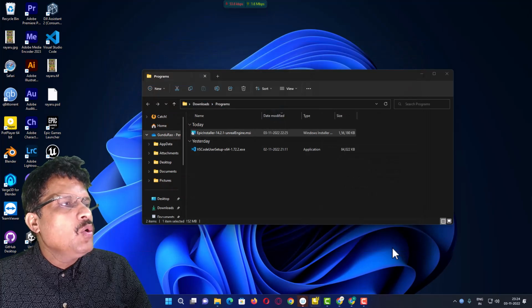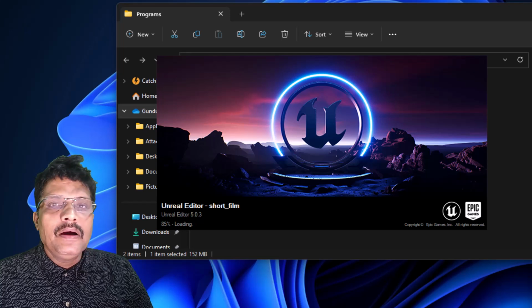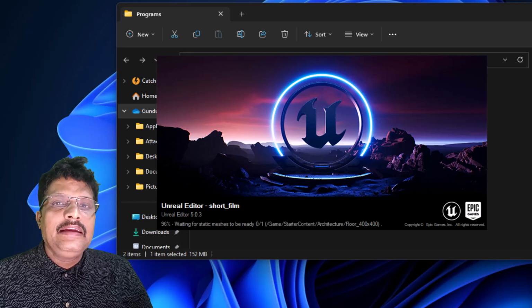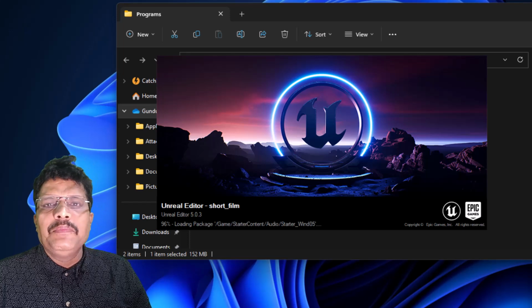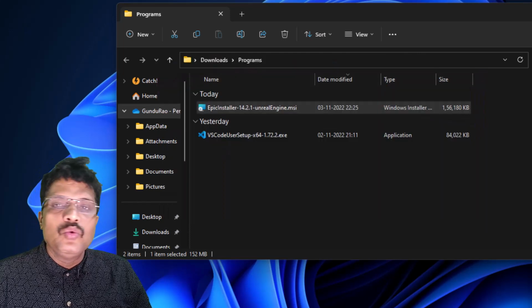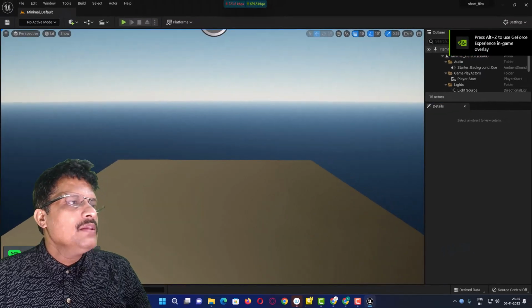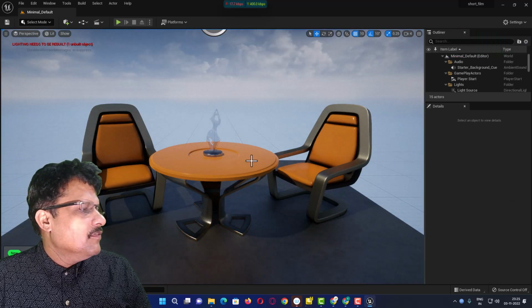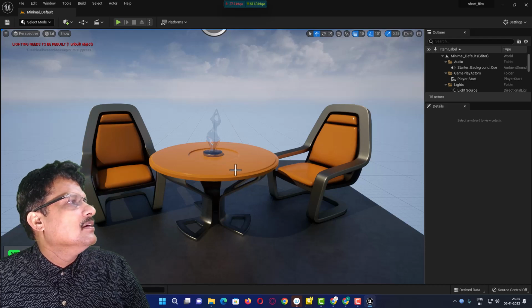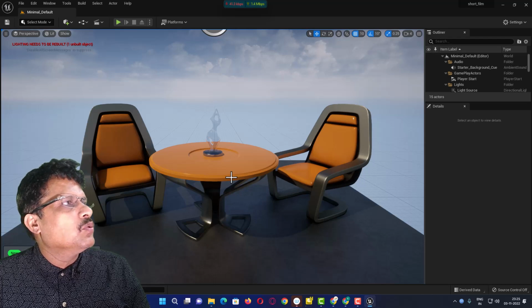This is now going to create your project. When you are doing this, remember, do not enable the ray tracing option, keep that option off. If you enable ray tracing, it will take a lot of time to prepare the material. So right now do not use ray tracing, we will come to that later. Once your project is ready, it will launch with this default scene, which is what you are going to see.